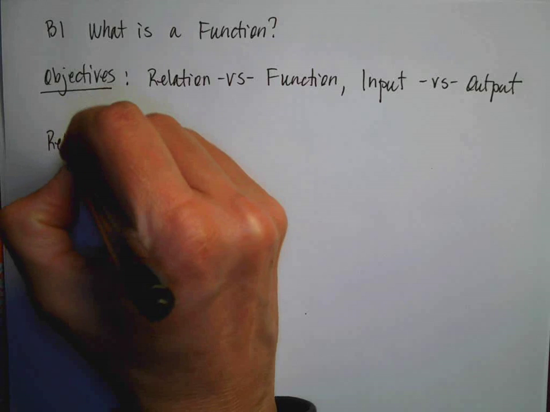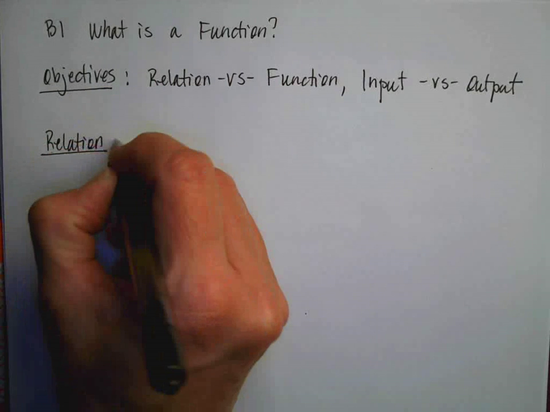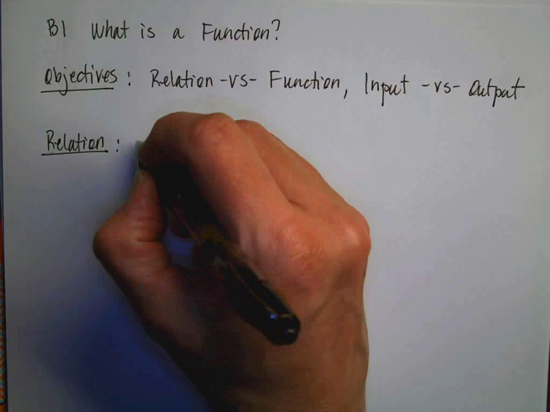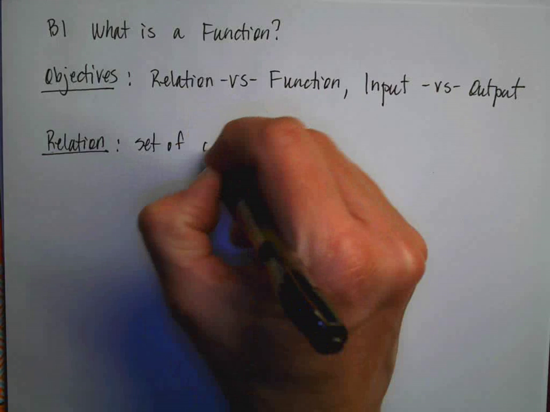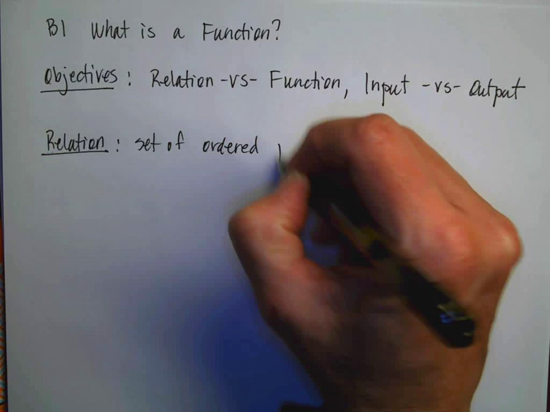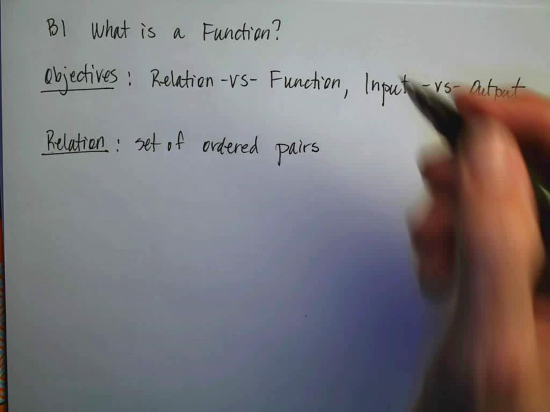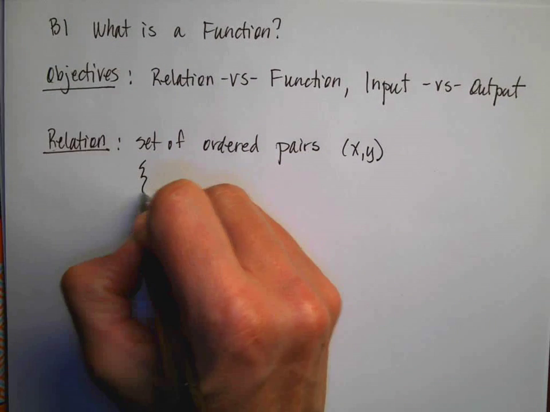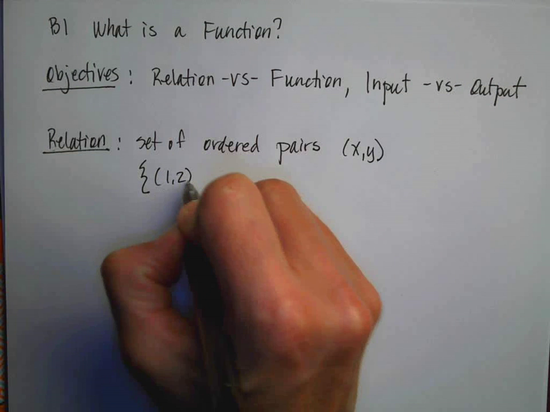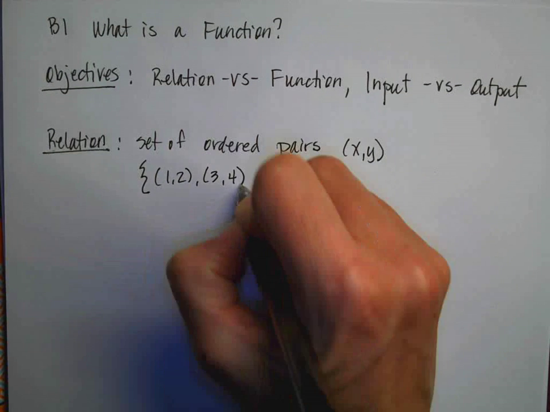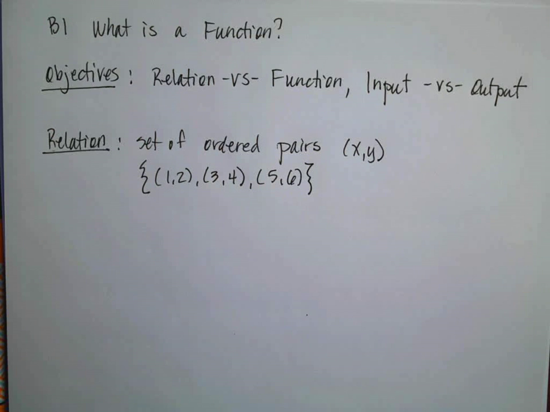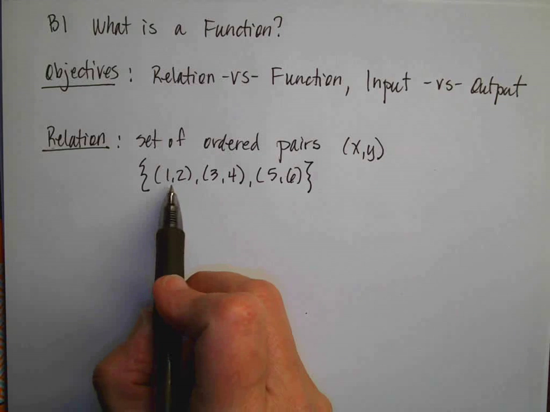So a definition, a relation in math is a set of ordered pairs, describing a relationship between numbers. And for us, primarily right now, it might be x, y. So a relation might be, and don't laugh at my really creative numbers, 3, 4, and then 5, 6. The little squiggly brackets on the end mean that it is a set, and then these are ordered pairs of